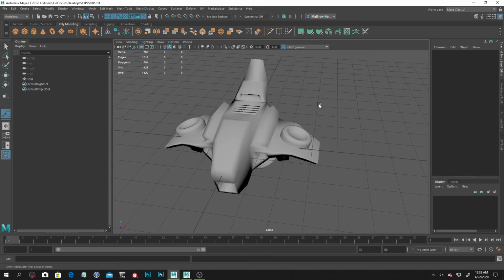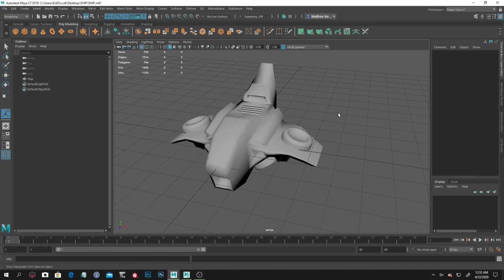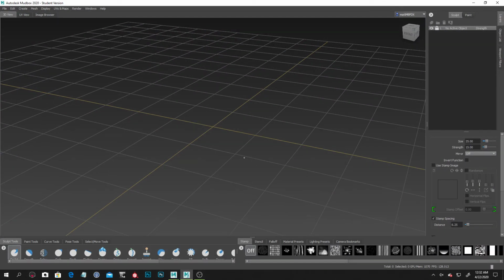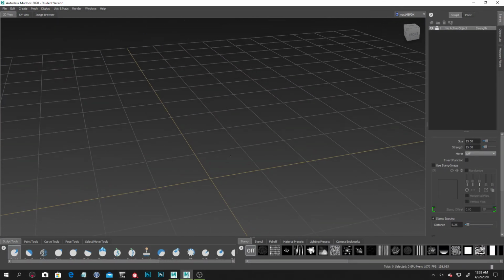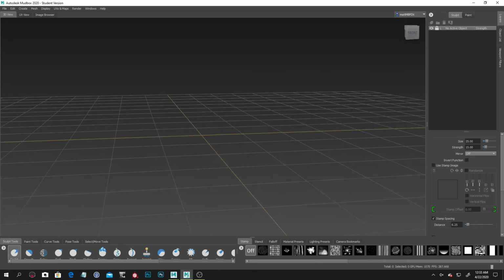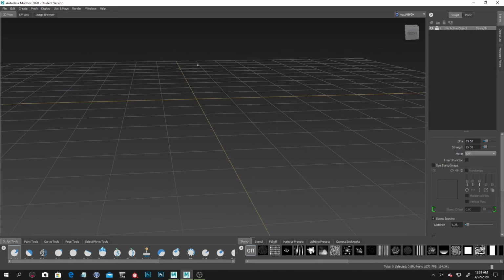Okay, so that's all good. We got that all set up. Now I'm going to open Mudbox. And if we did everything correctly, this should come in fine. So I'm in my scene, and when you first open Mudbox, you might get a dialog box. Just close it. Don't close Mudbox, but just close that initial box that pops up. We're going to import in stuff separately. So in here, inside of Mudbox,